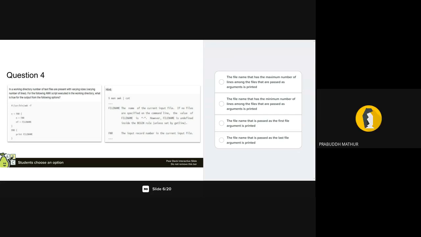Right. So can anyone explain what this is trying to do? Sir, I can try. Yeah, Chandra. FNR iterates over all the lines of a file. For the first time, n is not set, so it will be 0.